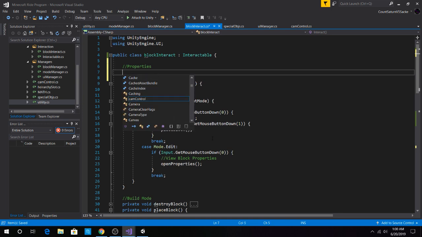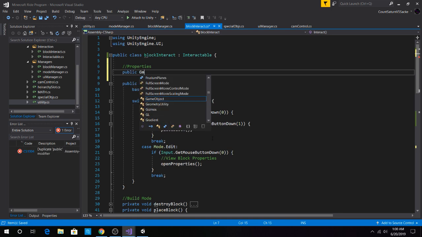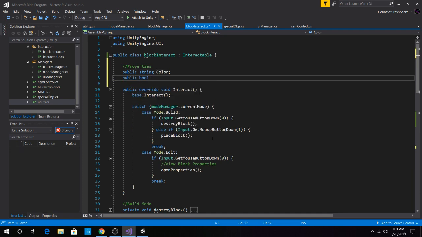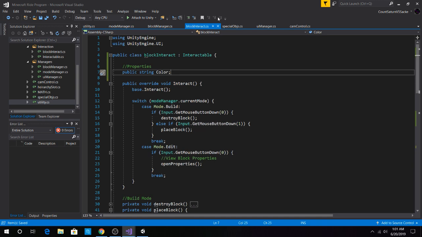So we have a public string called hex, the color, we'll make it like that for now. I only have one property, but I have another one in mind. Now for the color,